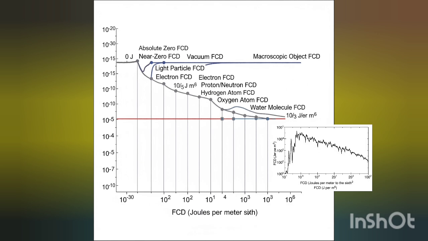Okay, right. So let's unpack this, maybe starting from the least coherent end of things. We begin at absolute zero FCD. That's literally 0 JM6, a theoretical void, pure potential. Nothing solid can even manifest there. Exactly, pure potential. And just a tiny step above that, you have 10 to the negative 30th JM6. That's near zero FCD. The sources say this signifies unrealized mass. These information states are incredibly diffuse, unstable. They hardly need any energy to flicker into existence.